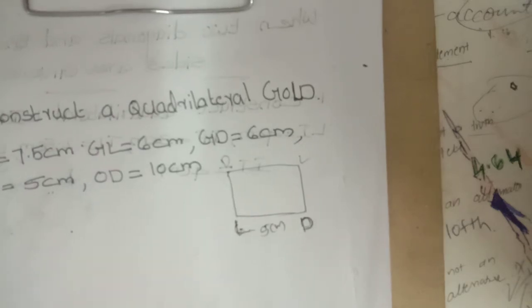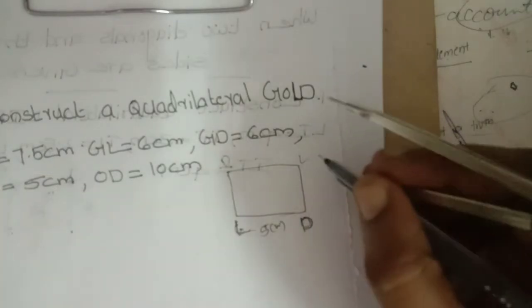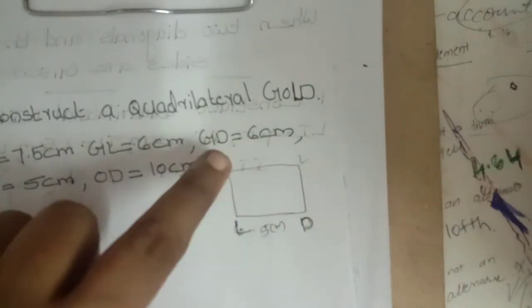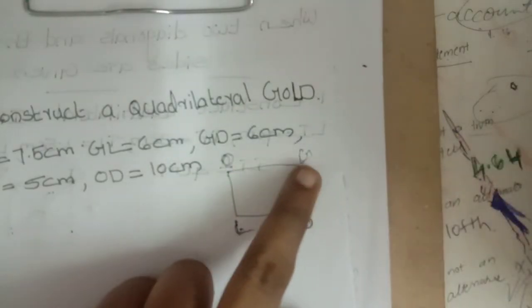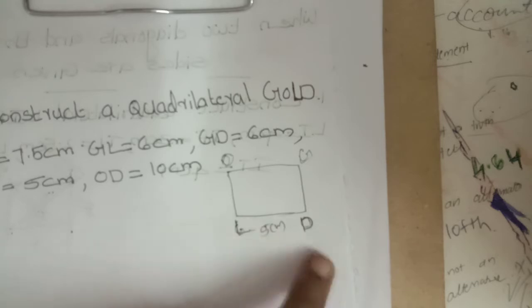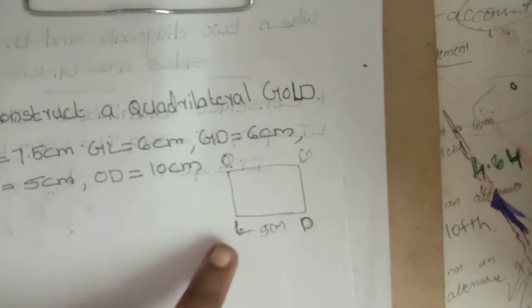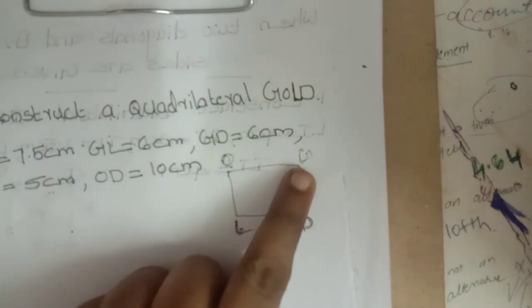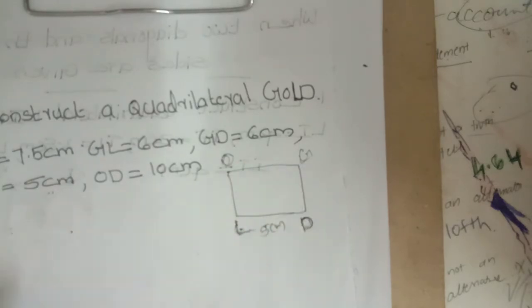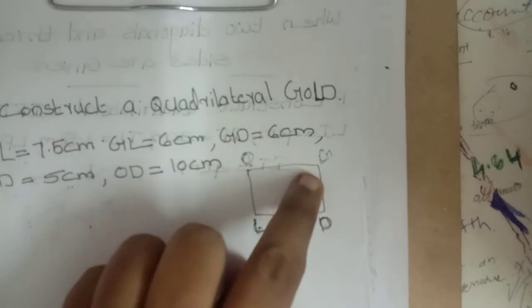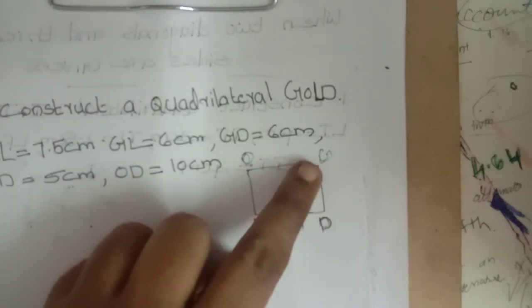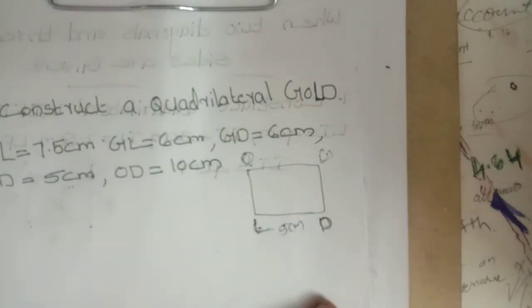Next, where does G come? In GOLD, G comes here. GO is our opposite side. So G here, O here, and the LD in this way. Then first our aim is G. Is the L and G measurement there or not? Because first our aim is to construct the G point. The G point is not simply a construction. Only when two arcs intersect do we get that point. That's why our aim is to construct an arc.